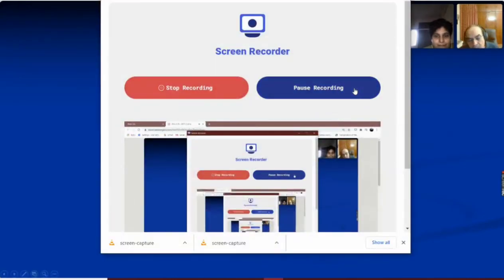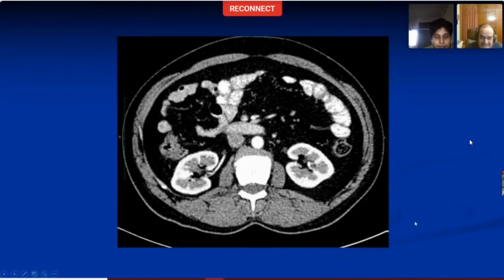On a Dotanoc PET CT, even the normal adrenal shows some uptake. Therefore, small pheos become a little difficult to pick up. MIBG has a very high specificity in detecting pheochromocytomas. Their resolution is poorer. MIBG is a scintigraphic technique. You can of course combine a SPECT CT along with it. But both Dotanoc PET as well as MIBG have a role in detecting extra-adrenal pheochromocytomas, also known as paragangliomas.